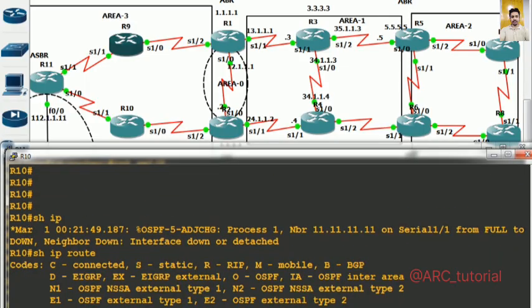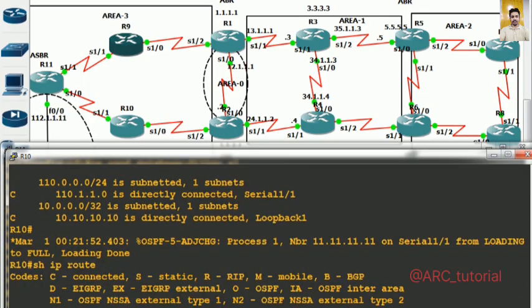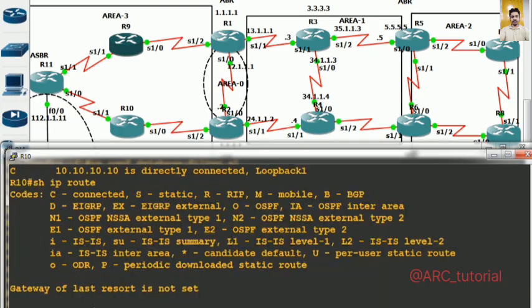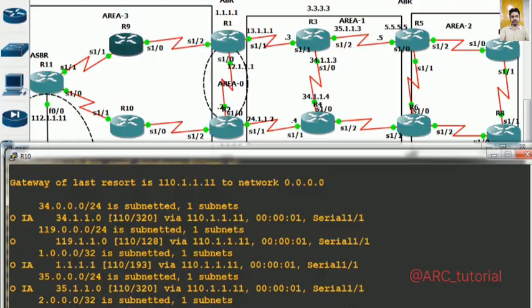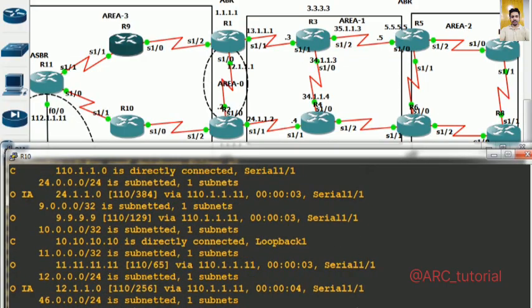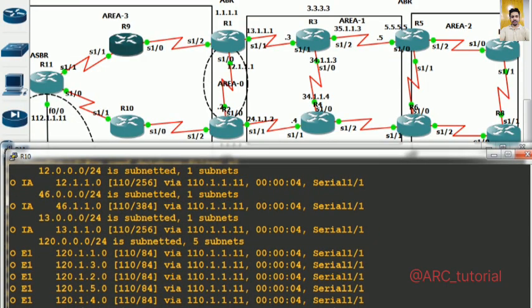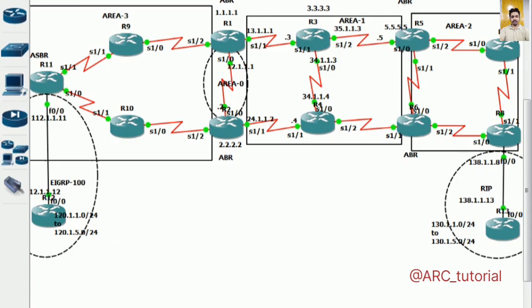Now switch to show ip route. Done. Fine. Then after it,